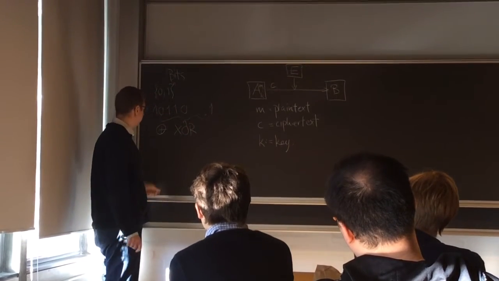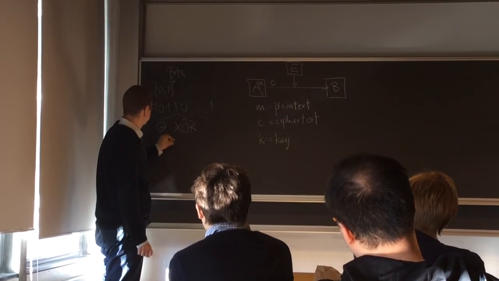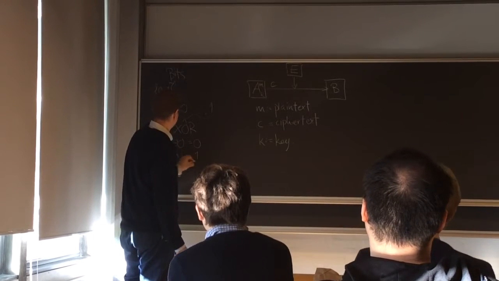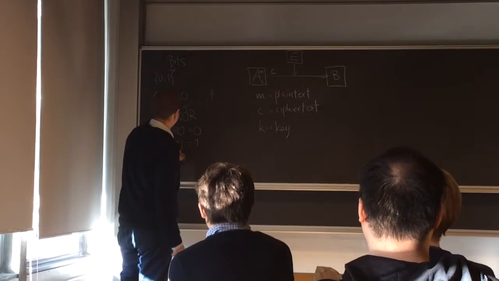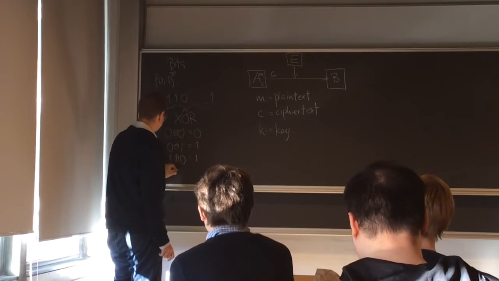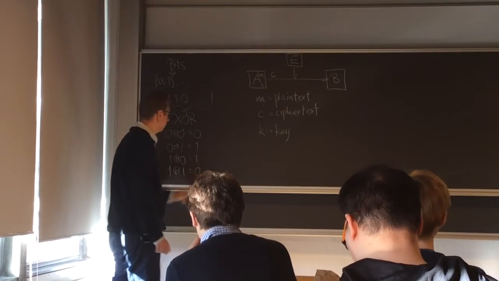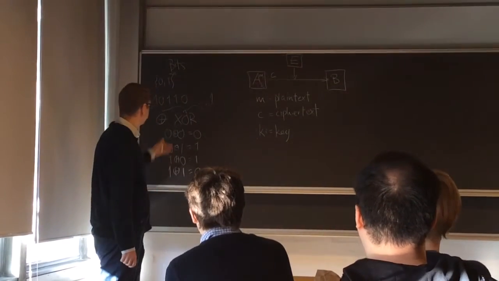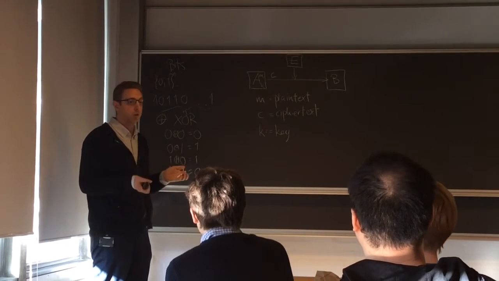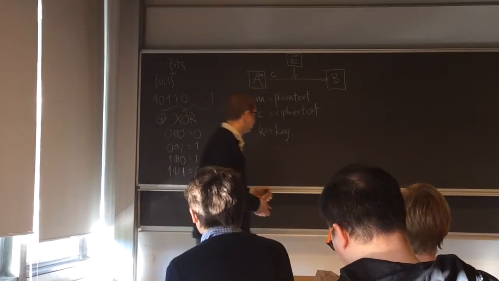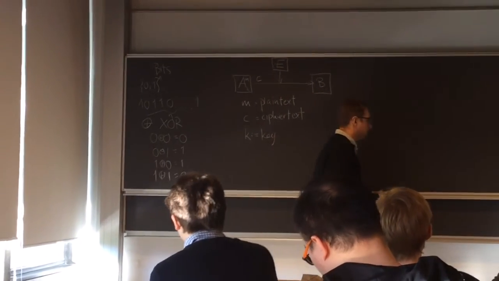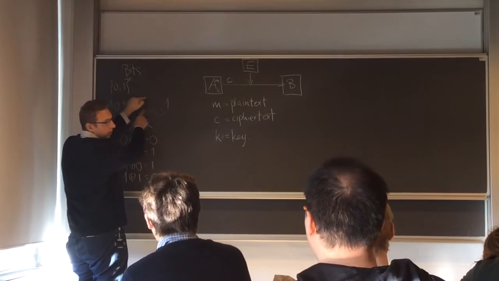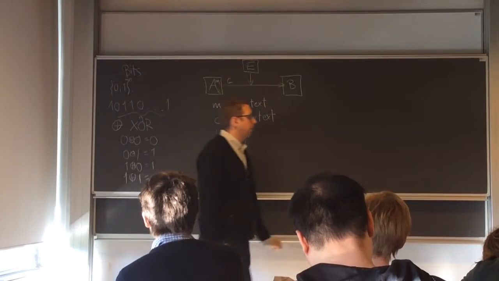Basically the way that it works is that we have four possibilities. 0 XOR 0 is equal to 0, 0 XOR 1 is equal to 1, 1 XOR 0 is equal to 1, and 1 XOR 1 is equal to 0. For those of you who've had some algebra, you might notice that this is simply addition modulo 2. So that's what we basically use, and if we have two bit strings and we want to XOR them, then we do it bitwise, and then get something out of it. Okay,